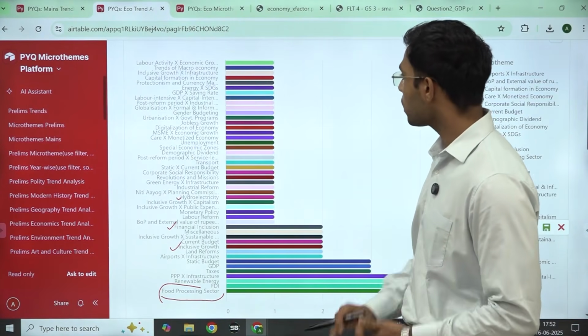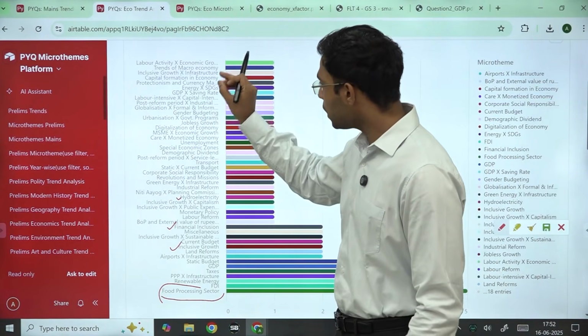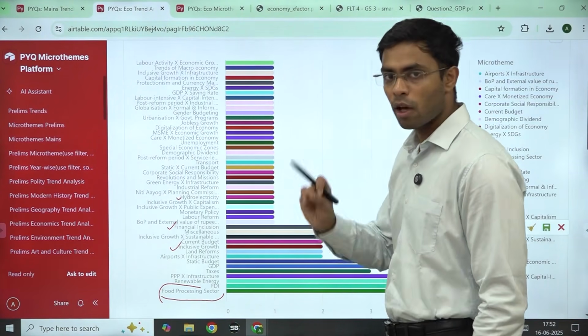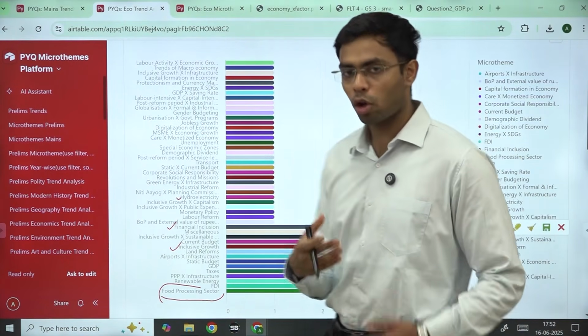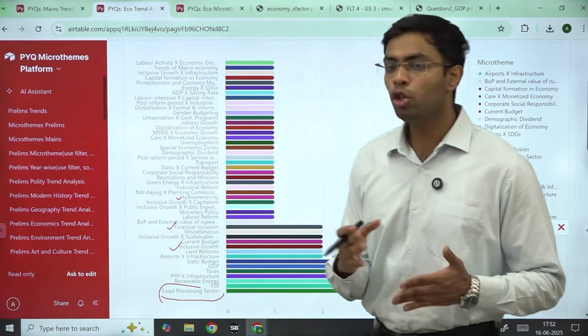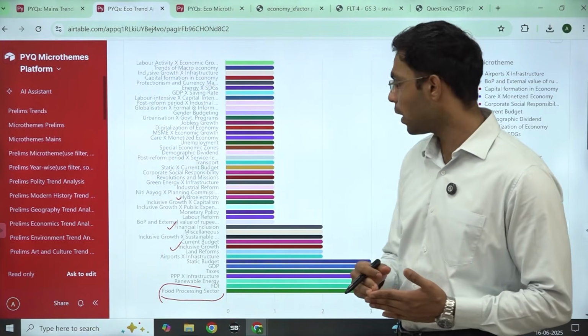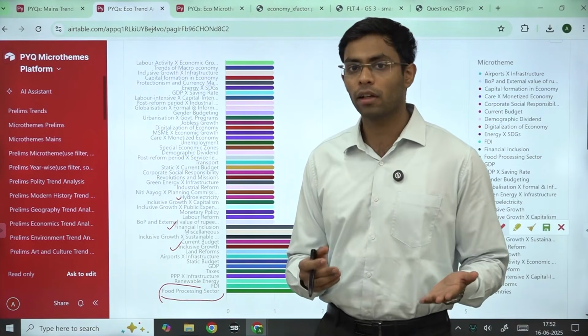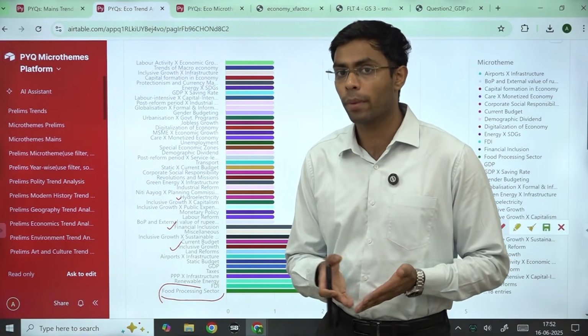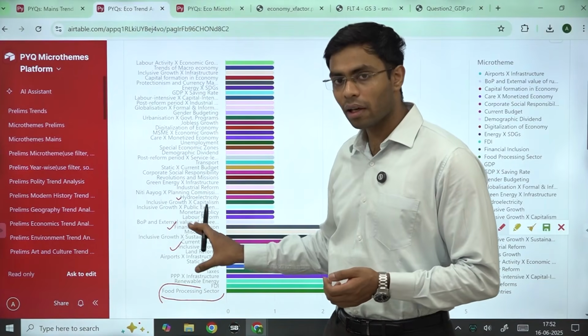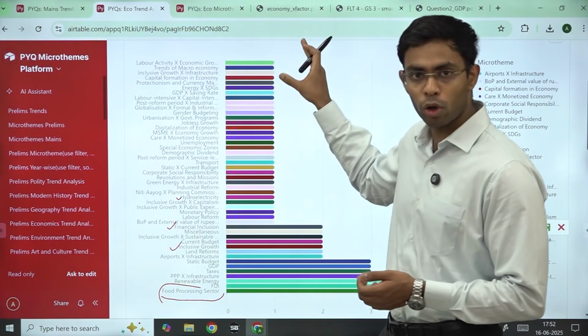So it's not as if the themes are huge. Many of the themes are very interconnected with themselves. This is why I say that GS3 is sort of a technical paper, because there is a huge amount of interlinkages that can be made, which is in fact a good thing or a bad thing, depending on how you prepare it, right? So if you're able to see these interlinkages and your notes are how they are going to